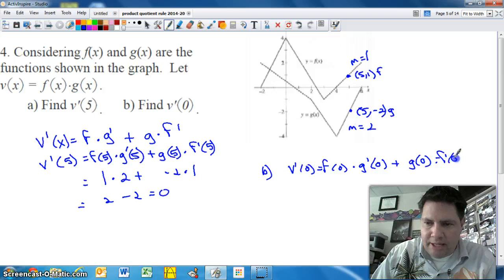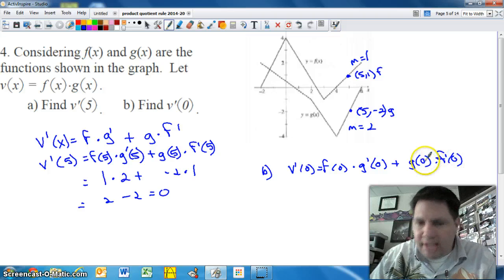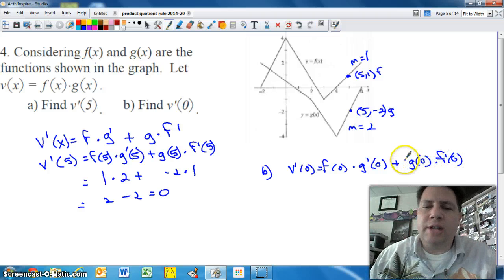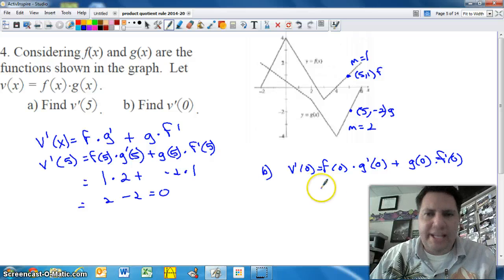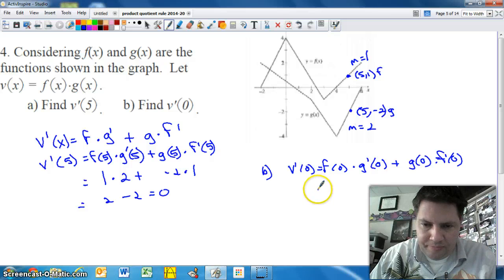You try it while I'm writing this down. You try to work this, Ms. Allen. You can pause it if you need to. You'll try to figure this out, and when you get stumped, which you probably will, or you might know the answer, come on back. F of 0